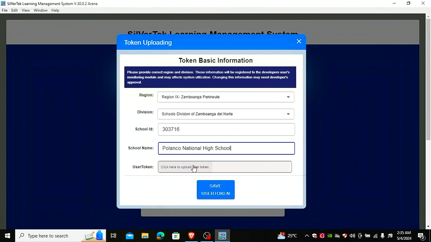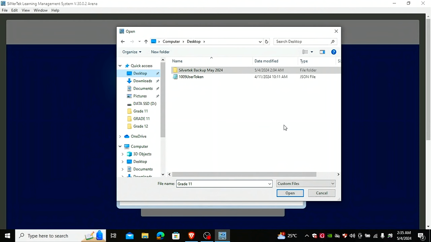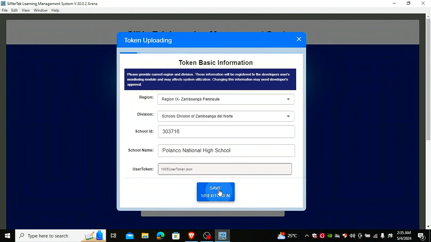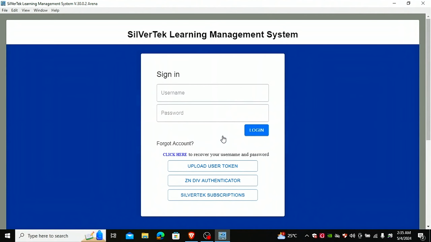And my user token, click on this and then I have to pick up my user token, which is this. Open, then save user token. So it will take some time and then uploading token is successful. Click OK.